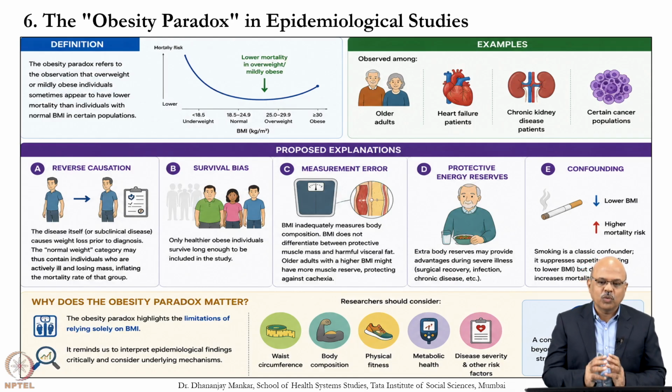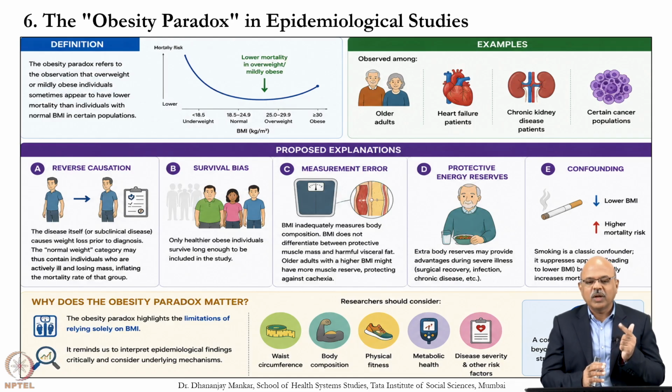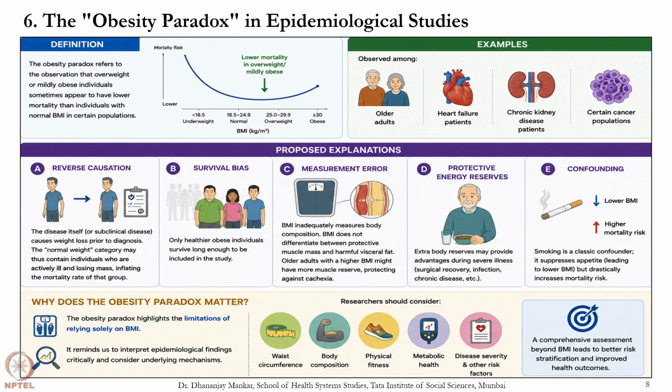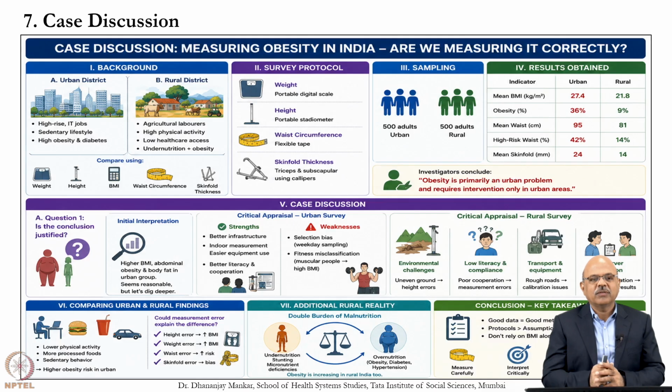So what should researchers consider? The researcher should consider waist circumference, body composition, physical fitness, metabolic health, disease severity and other risk factors. A comprehensive assessment beyond BMI leads to better risk stratification and improved health outcomes. Now we will discuss the case of measuring obesity in India, and are we really measuring it correctly is the